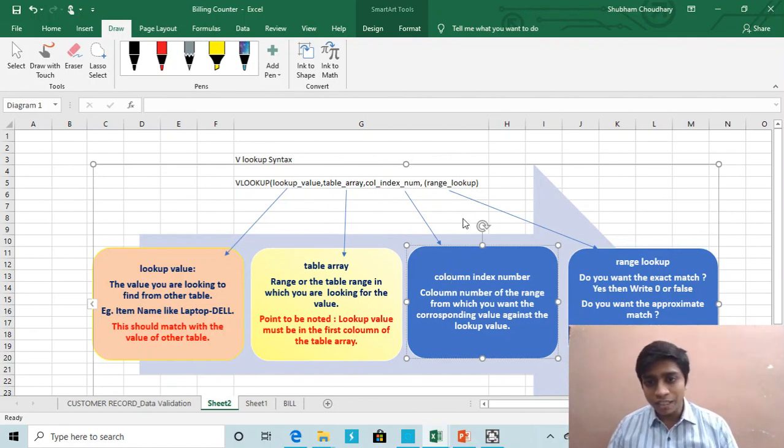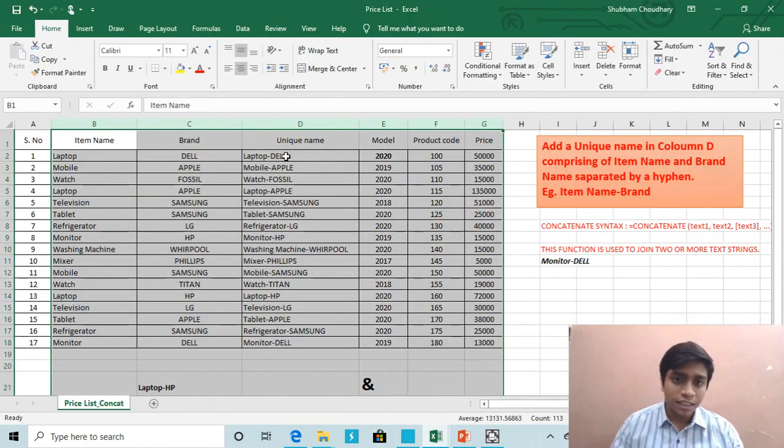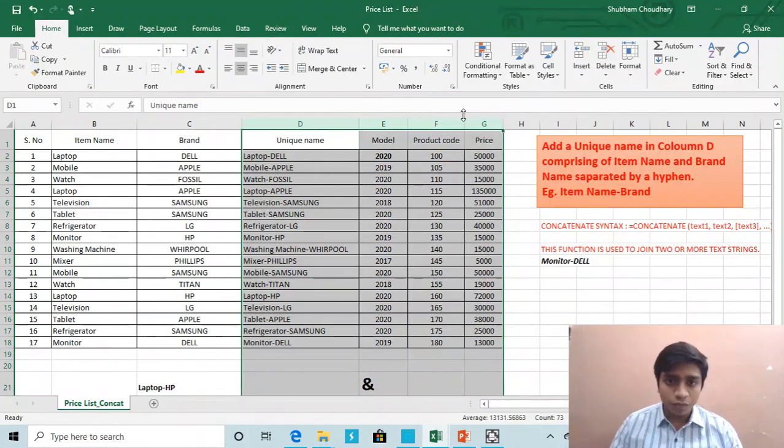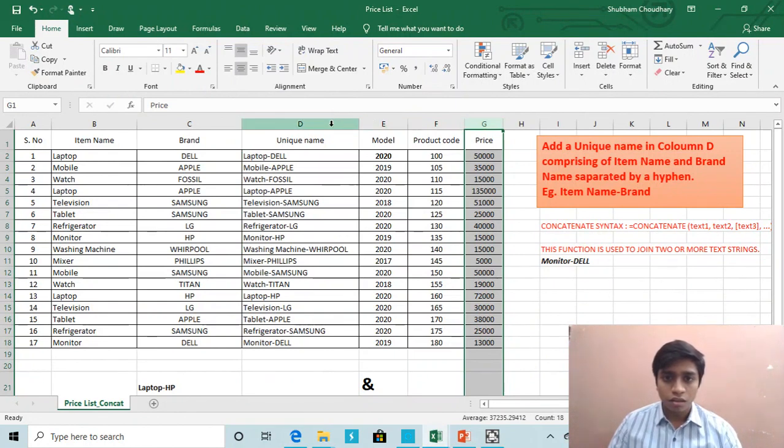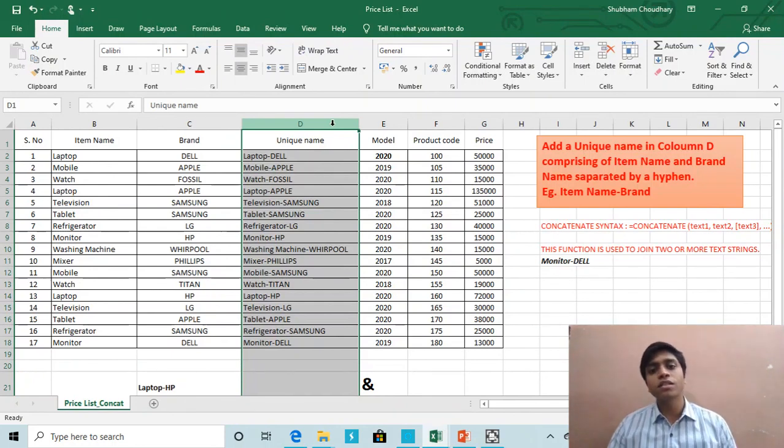Next is column index number. Column index number is the column number of the range from which we want the corresponding value against the lookup value. For example, if I go to the price list, this is my table array now. Let's say I want the price, then the column index number would be the sequence number of the column within this range.